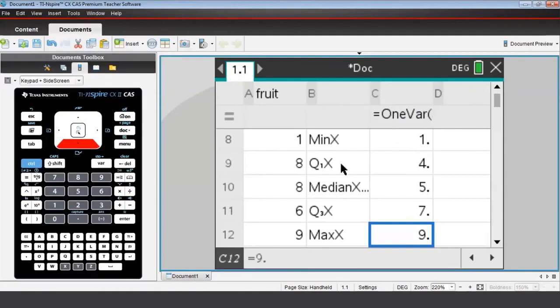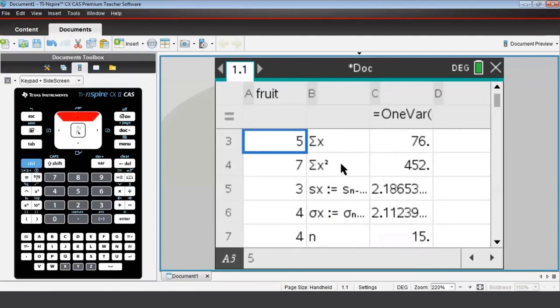Finally, all the data in this Nspire document can be edited, and thus the analysis of that data can be updated too. On this Lists and Spreadsheet page 1.1, place your cursor in cell A3, where the third data value is 5. Now, what if Ms. Hull looked at her survey results again and found out that this should have been a 25 rather than a 5? Just type 25